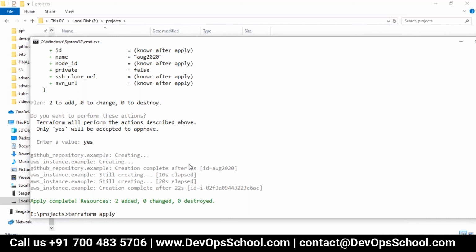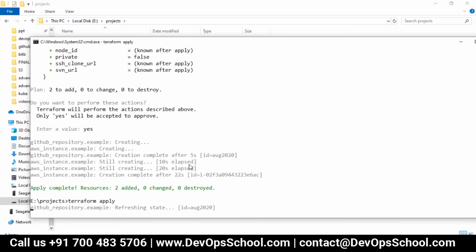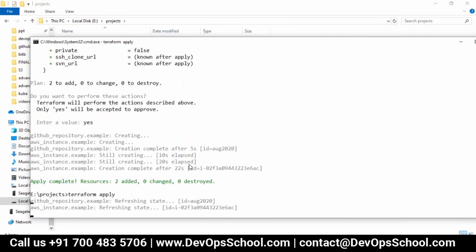It's safe. See, 2 added, 0 change, 0 destroy. I can run it 10 times, nothing will happen because you have already achieved the desired 2 resources with the X number of arguments. No change has happened, so nothing will happen. So I apply one more time. Even if you run it 10 times by mistake, nothing will happen because your desire has been achieved already.